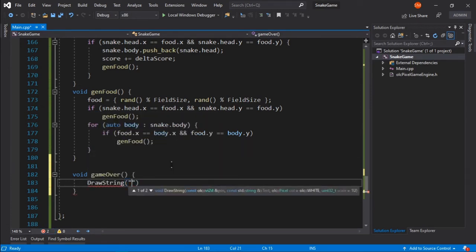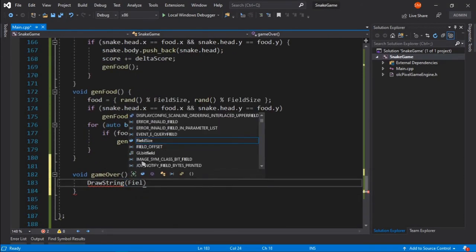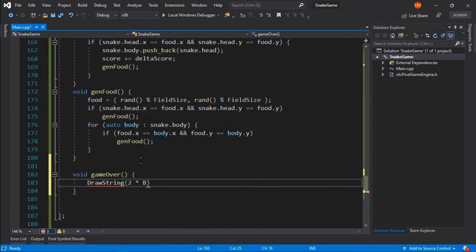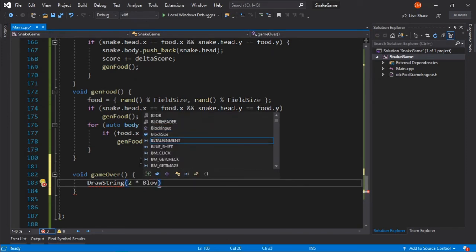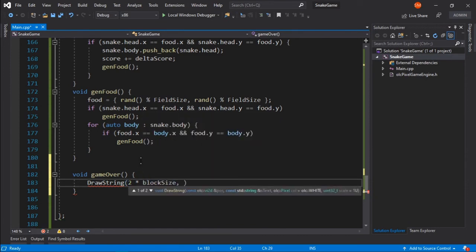at coordinates, let's say field width, 2 times block size, and here for y I am also using 2 times block size.